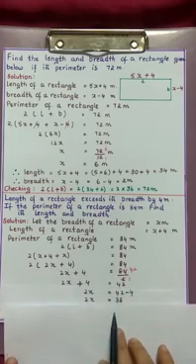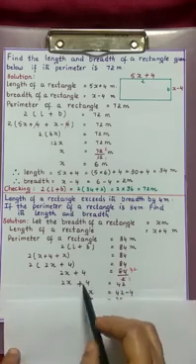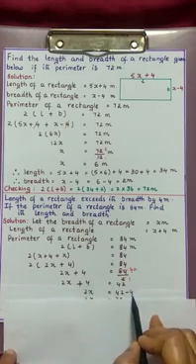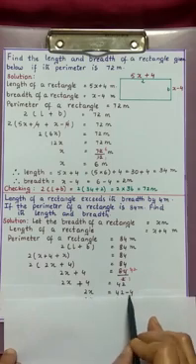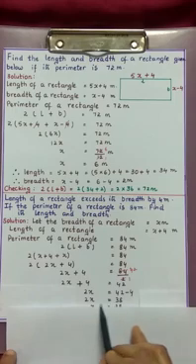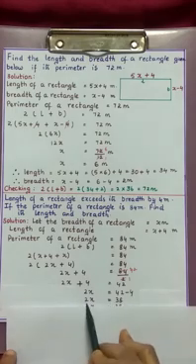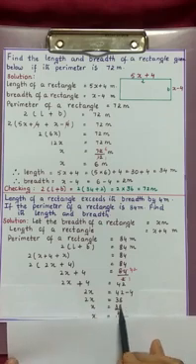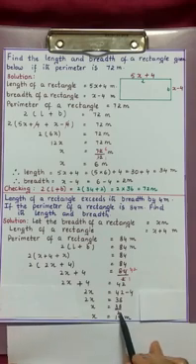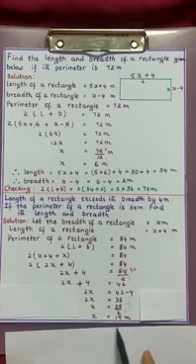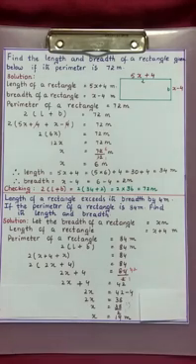Now let us solve this equation. Now on the left side we are adding 4 here. So when you transpose to the right side, we subtract 4. So 2x is equal to 42 minus 4. 42 minus 4 we get 38. Now 2x is 38. Here 2 is multiplied by x. So when you transpose to the right side, we divide by 2. So 38 by 2. If you simplify here, 2 ones are 2, 19 twos are 38. So we get here x value as 19 meters.